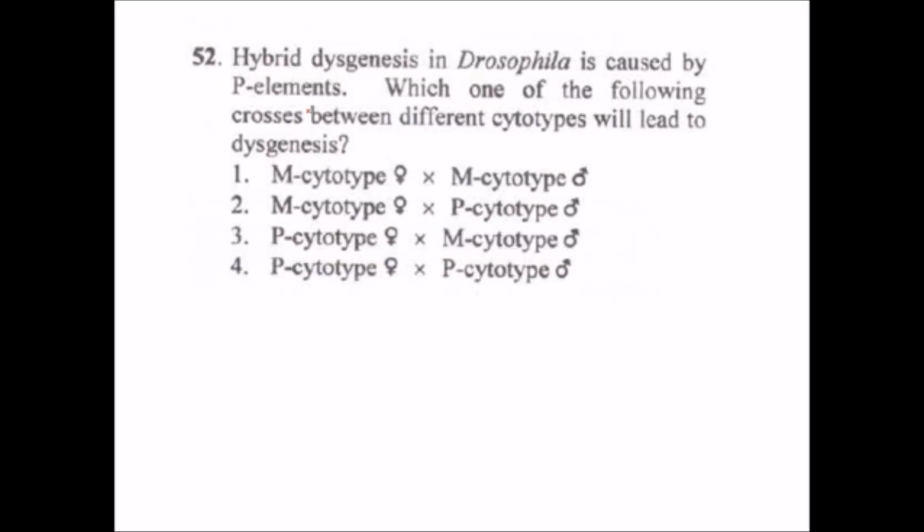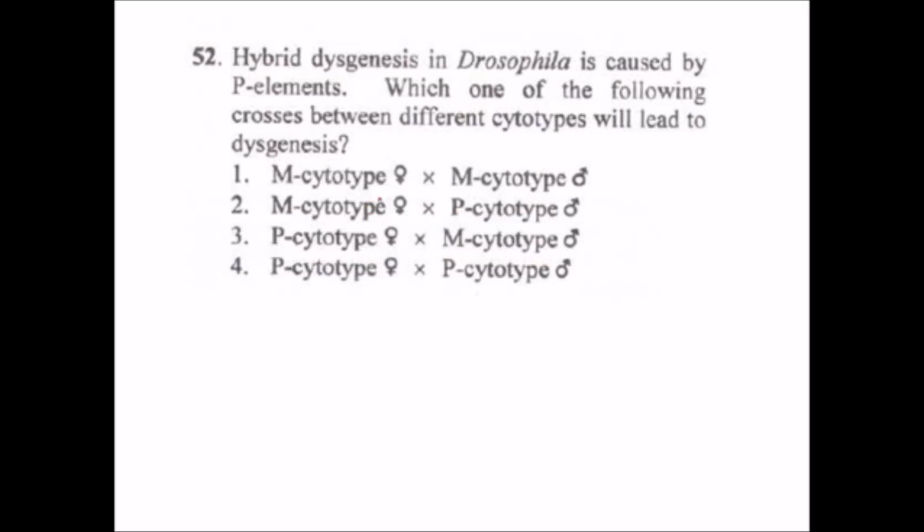It will be transmitted to the progeny with the help of the female Drosophila. So as per this, the M type doesn't have the P element and the P type has the P element, so if the M type is the female, and it doesn't have the P element,